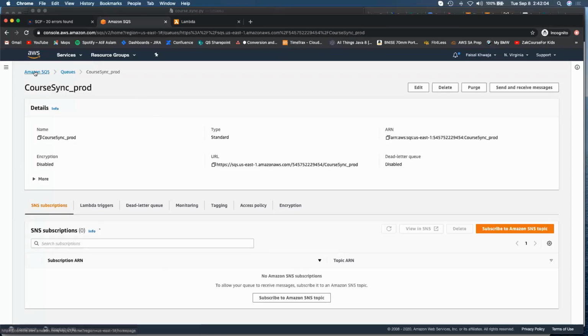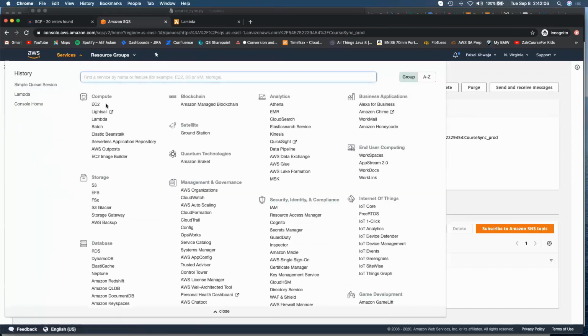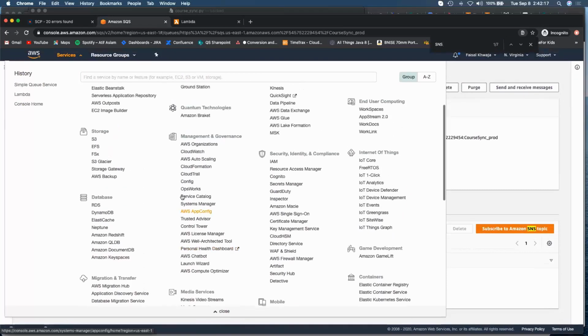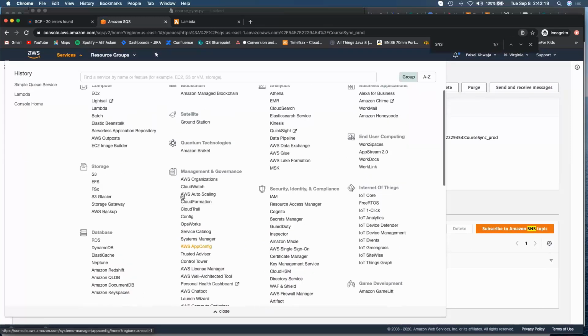You can also directly access it, I believe, if I go here. Oh, sorry, I think they have it as part of the services that you can subscribe to. So, for example, if I go to SQS,